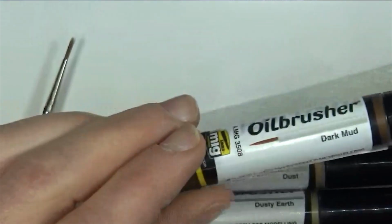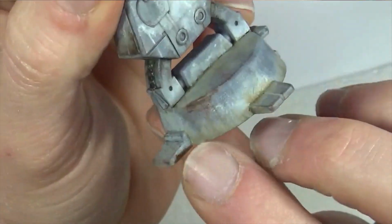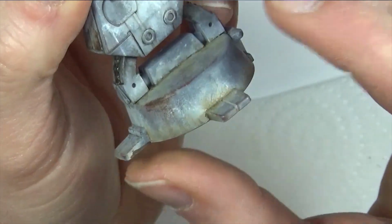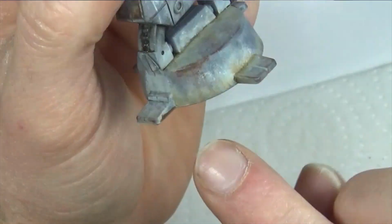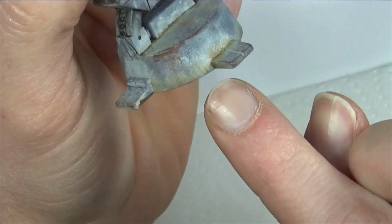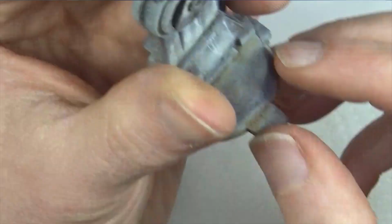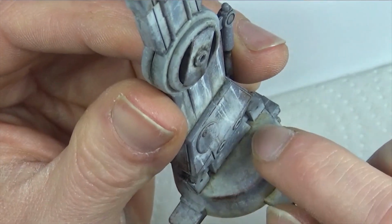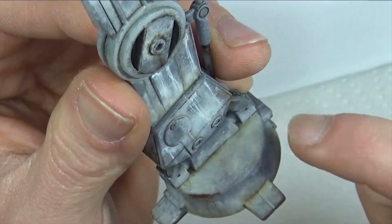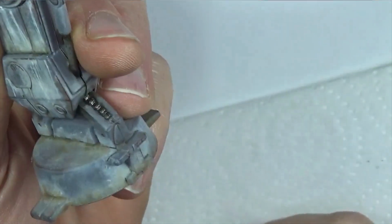What the goal here actually is to get different layered effects. As you can see here on this part, we have 2 or 3 different colors. We have a very light color that is going up the leg, and then we have a darker color right here, which is some wet mud. Same goes here. We have different shades, and it's getting very dark near the corners of this part. So basically, this is what we're going to look for, and this is what we're going to get very simply